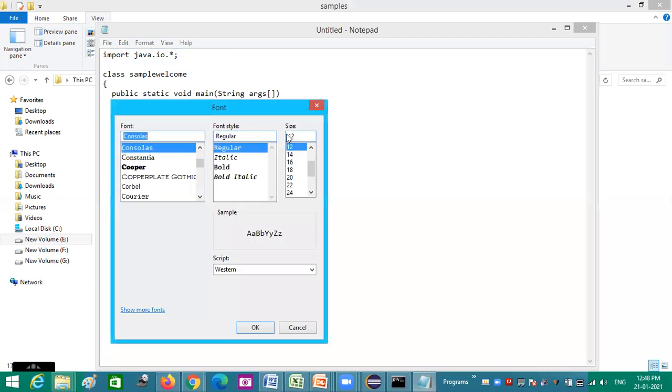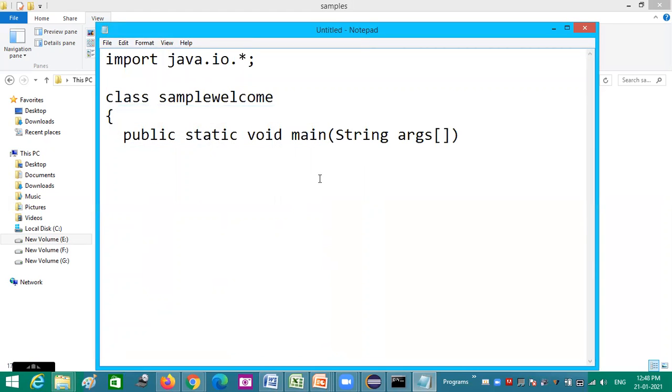I am increasing the font size so that it is clearly visible. So this is the display statement, like printf: Welcome to Java.